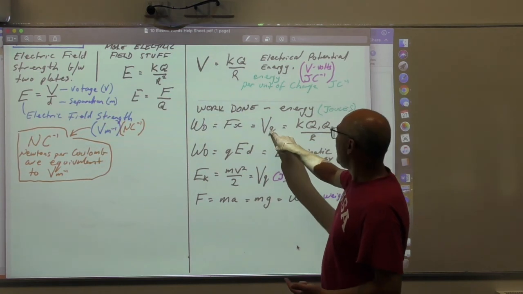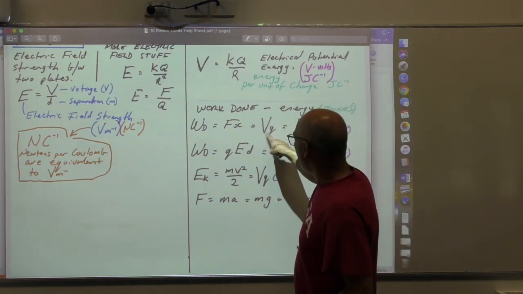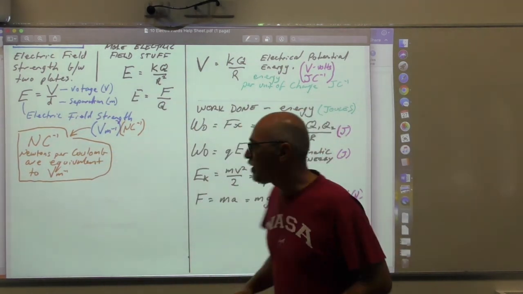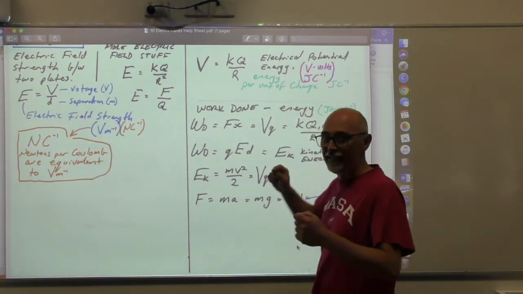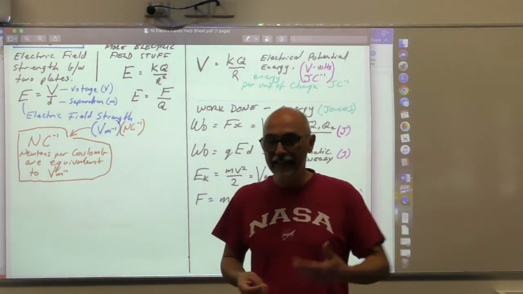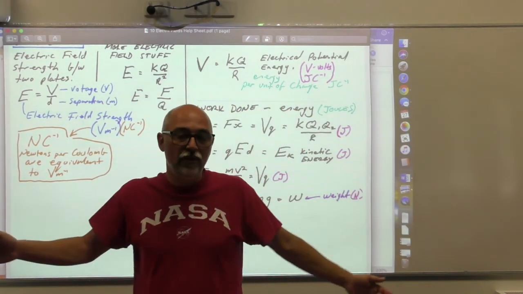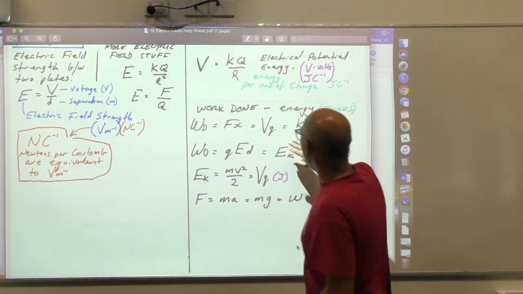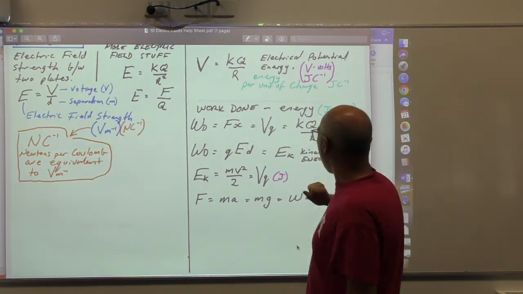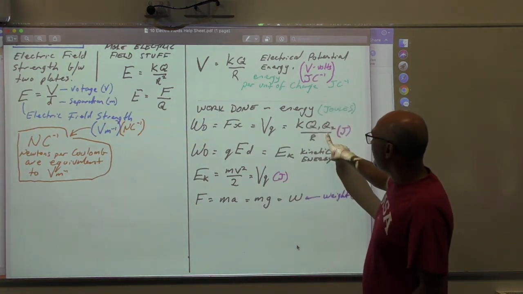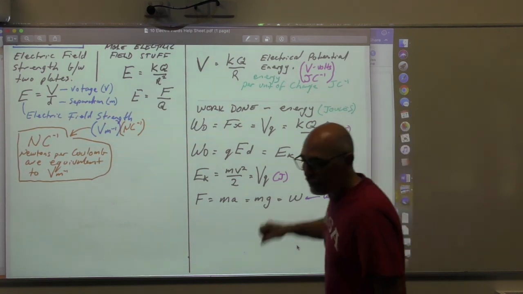All right. So it will be 1 times 1.6 by 10 to the negative 19 coulombs, which would give you 1.6 by 10 to the negative 19 joules of energy. That's how much energy an electron will pick up if it is accelerated through a 1 volt field. Okay. So once you've got your head around that, the work done, again, this is the same formula